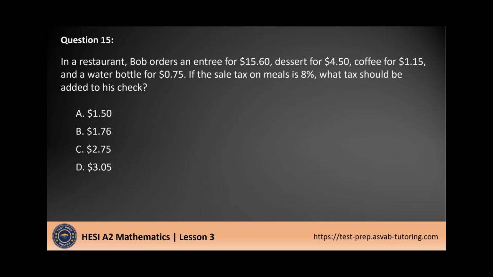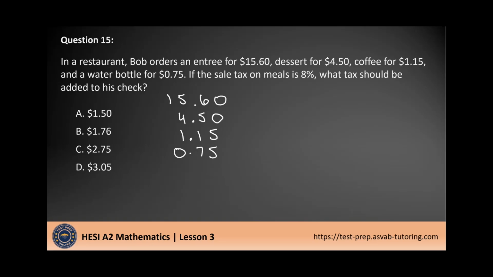Question 15. In a restaurant, Bob orders an entree for $15.60, dessert for $4.50, coffee for $1.15, and a water bottle for 75 cents. If the sales tax on meals is 8%, what tax should be added to his check? So we need to start out by finding the total cost of his meal, which is going to be the sum of all of those things that he bought. So we'll do $15.60 plus $4.50 plus $1.15 plus